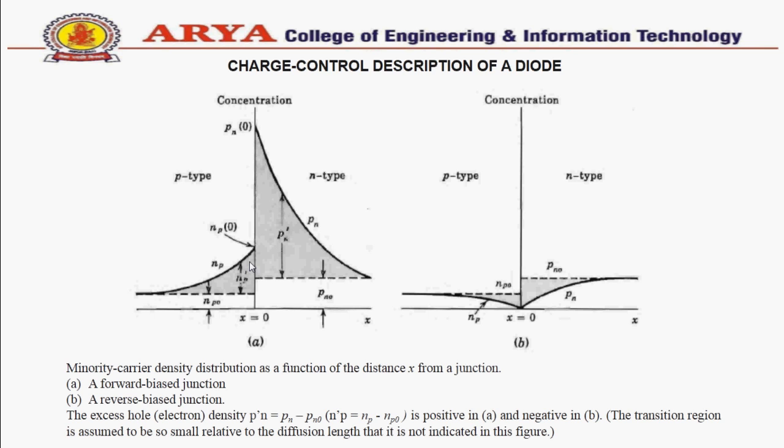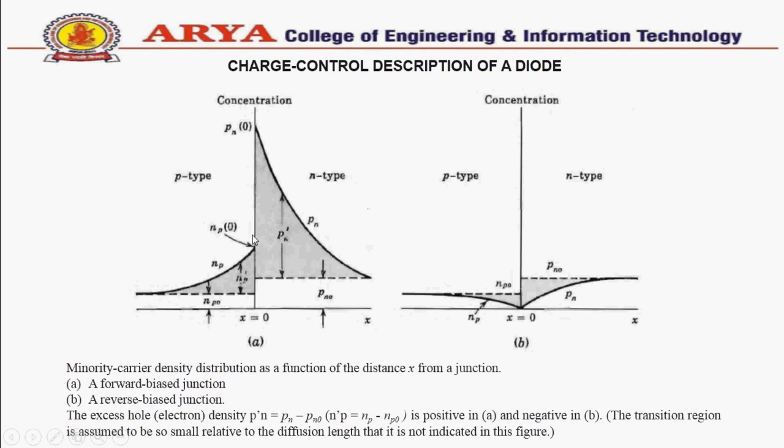An important relationship is referred to as the charge control description of a diode, that is I equals Q upon tau, which states that the diode current, which consists of holes crossing the junction from P to N side, is proportional to the stored charge Q of excess minority charge carriers. The factor of proportionality is the reciprocal of the decay time constant, called the mean lifetime of the minority charge carriers. Thus in a steady state, the current I supplies minority carriers at the rate at which these carriers are disappearing because of the process of recombination.